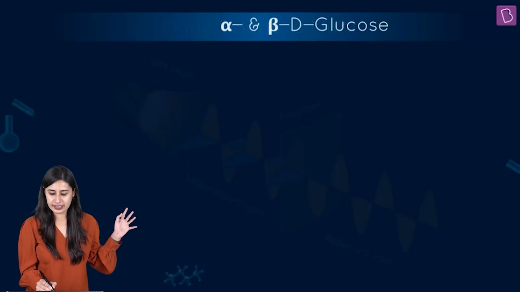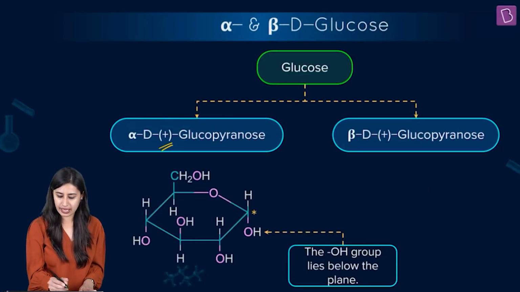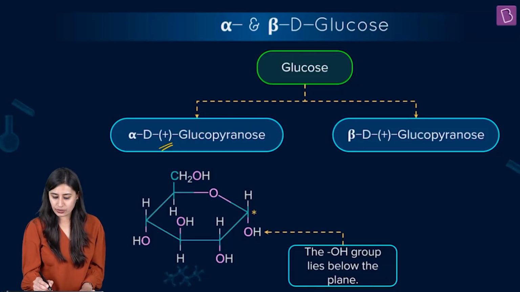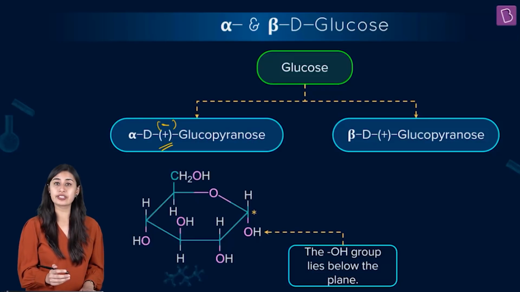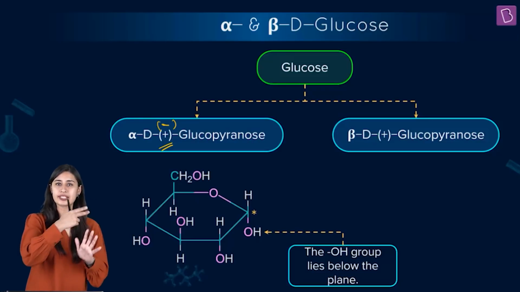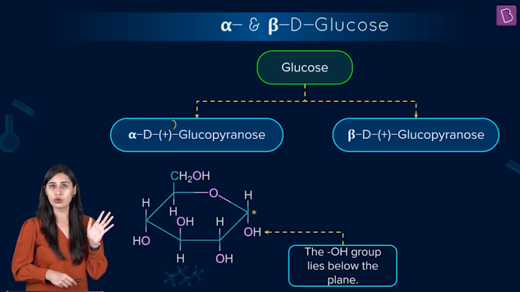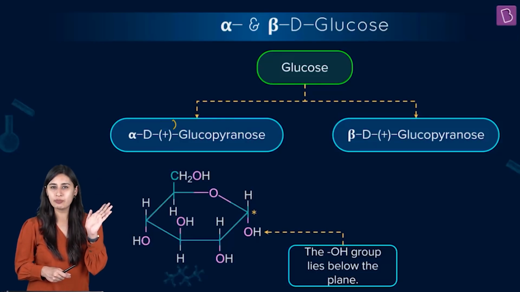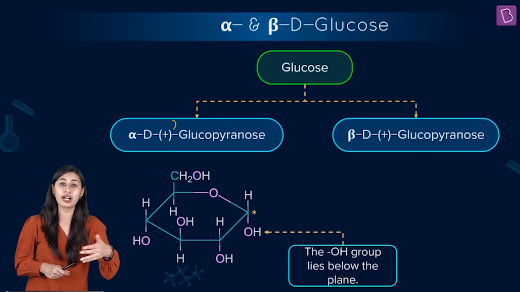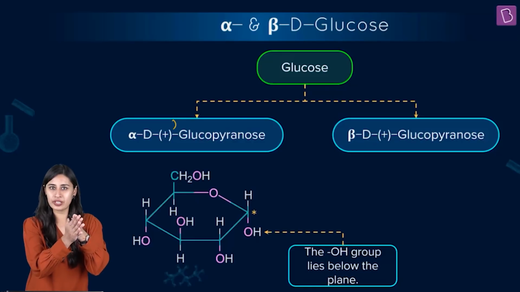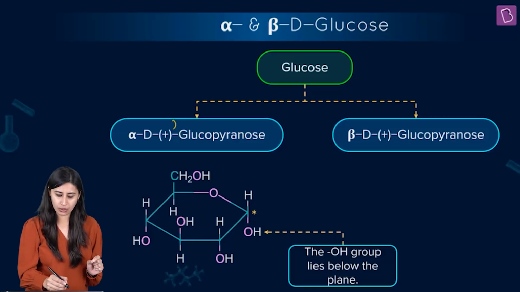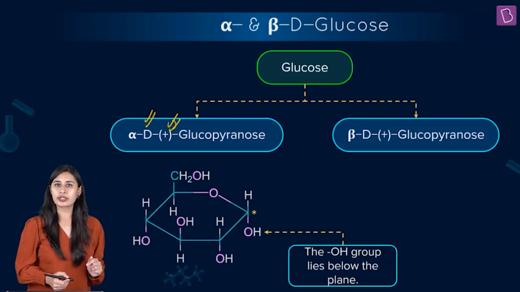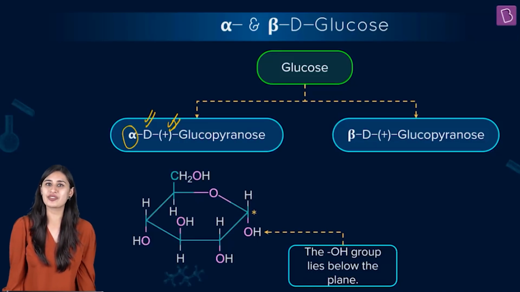So now if you understand glucose, yes, we can have plus glucopyranose, and you can see that we can also write here, look at this, minus. So out here I can write minus if it is rotating plane polarized light anti-clockwise. But the speciality of glucose is that it rotates the plane polarized light in the clockwise direction, whereas fructose will rotate the plane polarized light in the anti-clockwise direction. Okay, so out here plus should be sorted. Now this capital D should be sorted. Alpha is what is left now to be addressed.